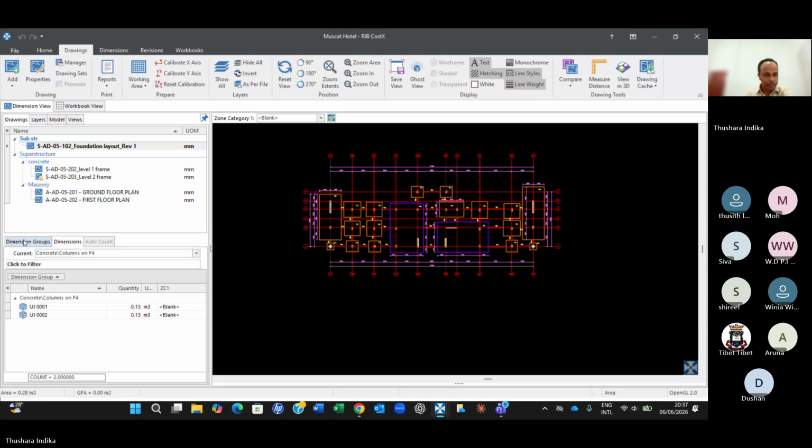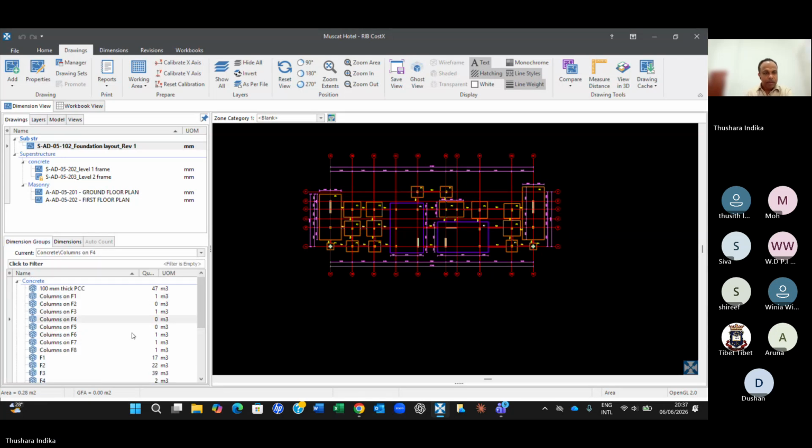Okay. So I would like to open this project or building rather, where we had the revisioning, because I want